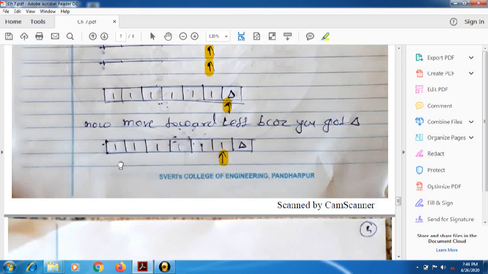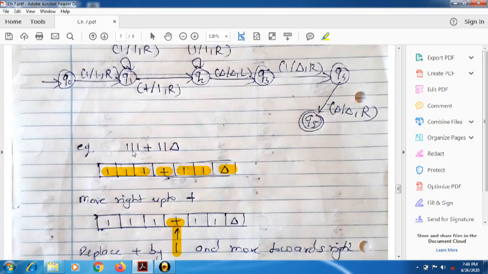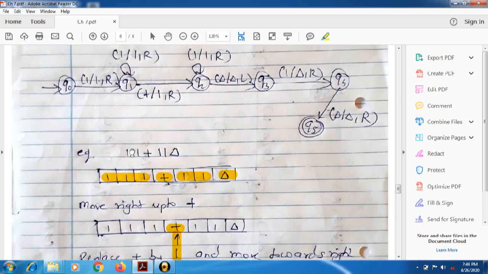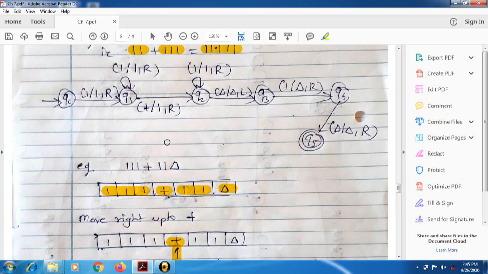In the same way you can take another string, suppose 4 plus 5, or 10 plus 11. You can take any string, and that string is passed through this process. Now see, you have to draw its Turing machine. We have written its possibilities. Now you have to convert it into a diagram of the Turing machine, meaning a transition diagram.